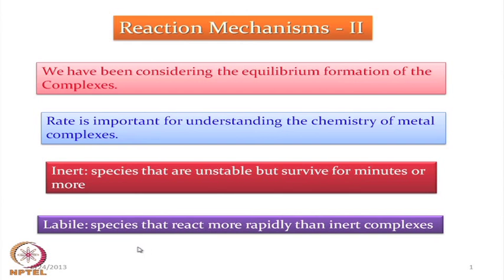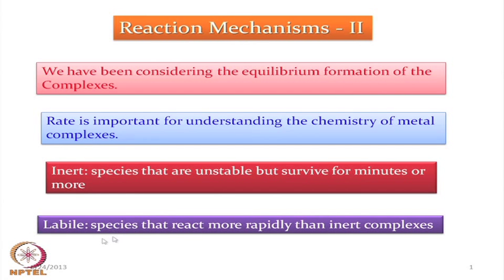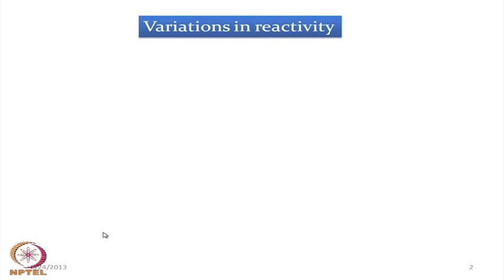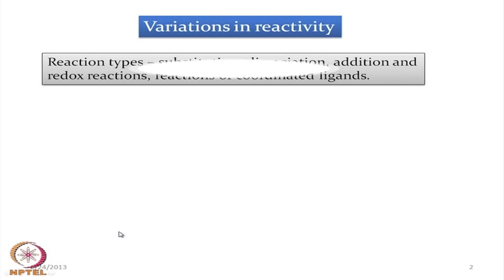So, depending upon the charge of the metal ion and its size, the rate of this substitution reaction can also vary, and most of these aqueous complexes are labile in nature if they are from alkali and alkaline earth metal ions, but for some transition metal ions we will find them as very inert complexes. So, we have two types of these complexes, and while checking the reactivity of these complexes,